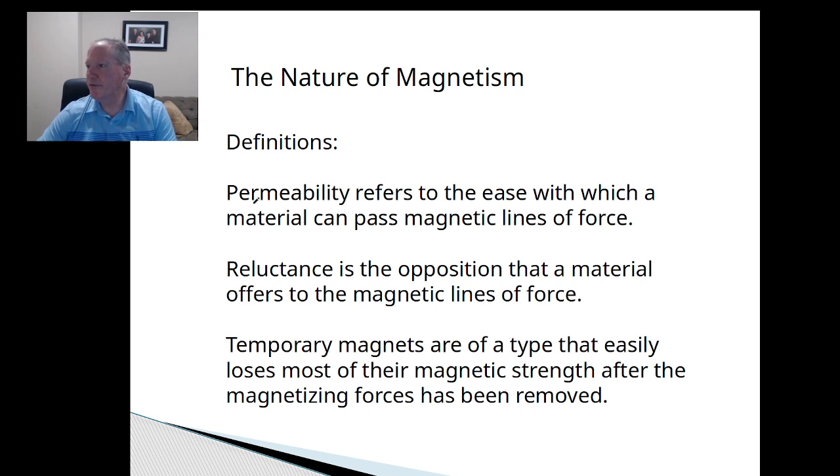Now, another definition here is permeability, which is the ease with which a material can pass magnetic forces. Reluctance is the opposition to that flow of magnetism. And then temporary magnets are a type that easily loses its magnetic strength after the magnetizing force has been removed. So there are some metals that, if you touch them with a magnet, like a screwdriver, if you touch it with a magnetic source,